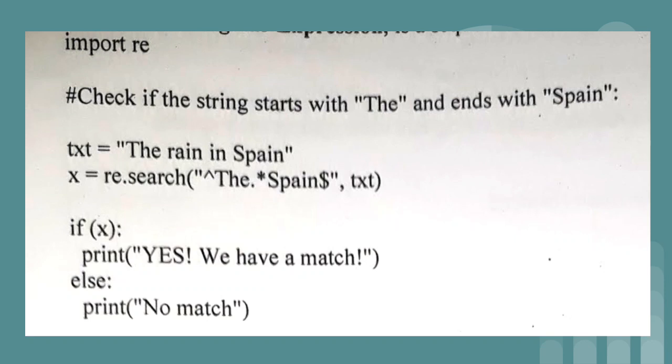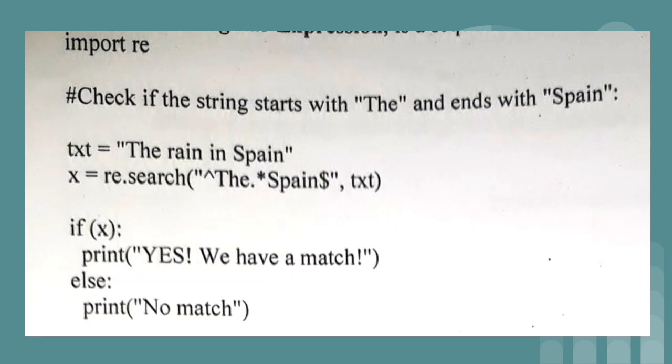Now we are going to use one method of regular expression, the search method. See the next line: x = re.search(), within double quotes. We have two parameters. The first parameter is the pattern, and the second parameter is the text which we need to compare, to check whether that text matches the pattern provided as the first parameter to the search method. Accordingly, x will contain a true or false result, and the respective message will get displayed.